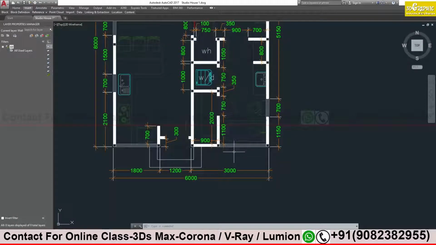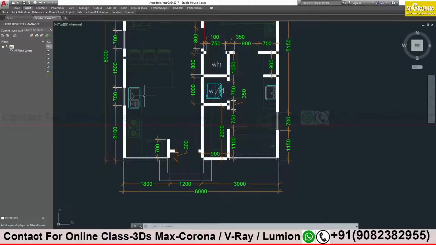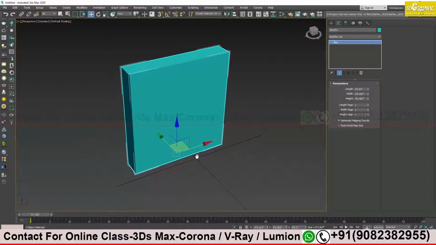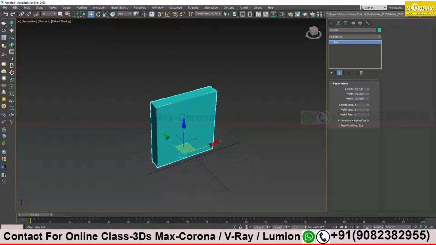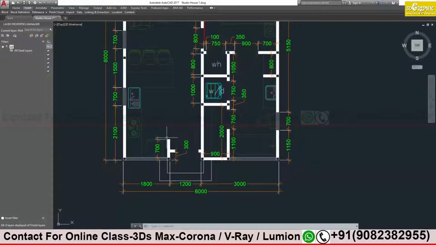We are going to import this AutoCAD file in 3ds Max, and on the basis of this plan, we are going to model the entire floor plan. It's very simple.